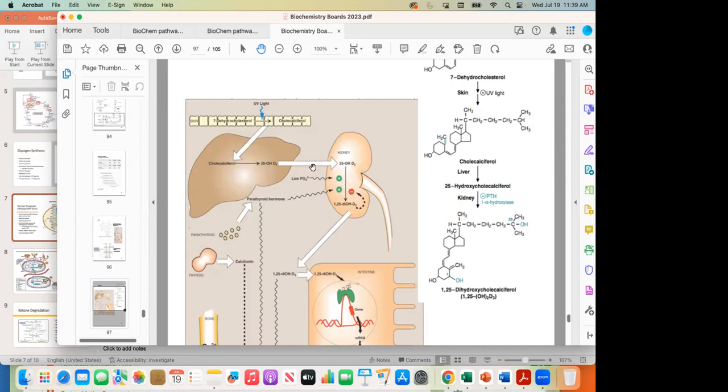When we measure vitamin D, we measure this structure or substance here, because this is the one that's going to go through portal circulation to get to the kidney. So we are able to measure this in the blood. You also can measure this kidney byproduct, but typically we are not measuring this unless we're concerned about actual kidney disease. When we're worried about vitamin D levels, like are we absorbing, are we actually having adequate levels? Typically you're measuring the 25-hydroxy form, and that's what we use to decide if we're going to supplement or not.